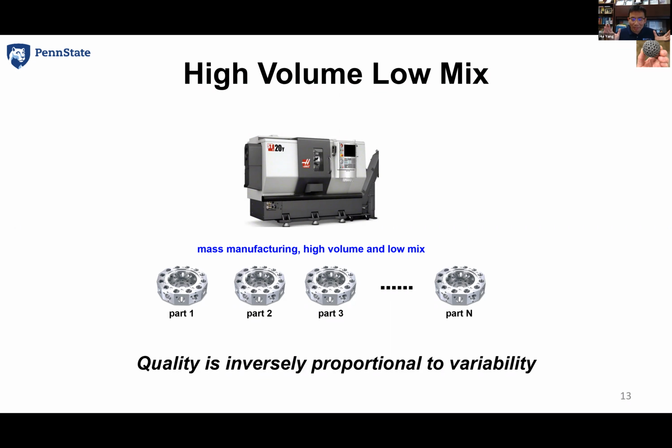And then it's very much easier for you to quantify and have a distribution. And then you can quantify the variability. And then you try to design experiments to really reduce the process variability or machine variability when they produce the parts. Quality, when we define quality, quality is inversely proportional to variability. So here we have data and we have high volume product that can give us flexibility to quantify the variability. And then we can reduce the variability.